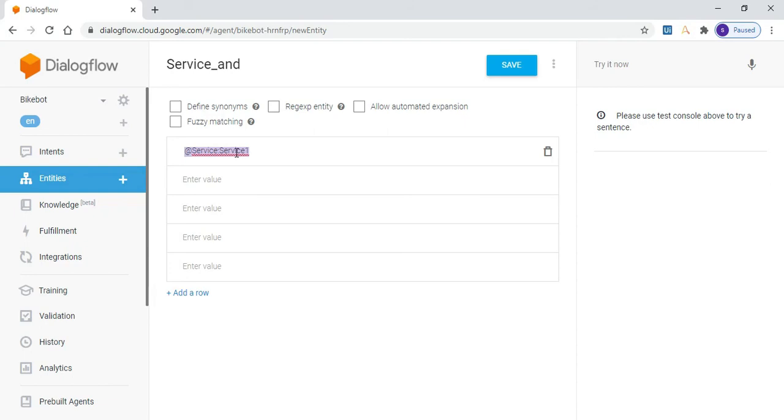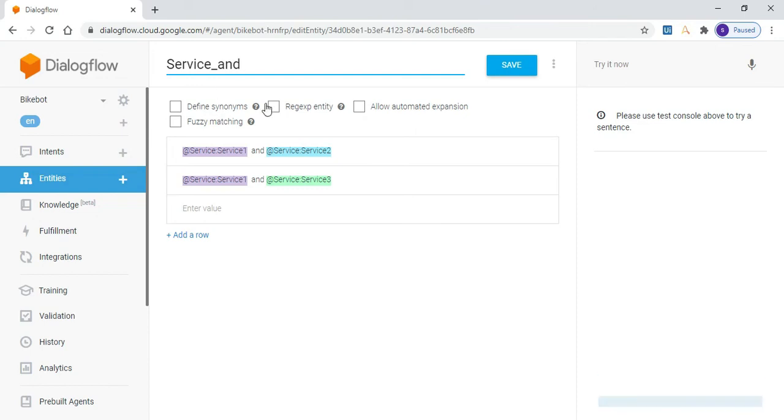So here service1 will be chosen as bike upgrade. Give a space and enter and again @service:service2. So again service2 will be puncture. So I'll add one more value saying @service:service1 and service3. So again service3 here will be tire change. And then click on save.